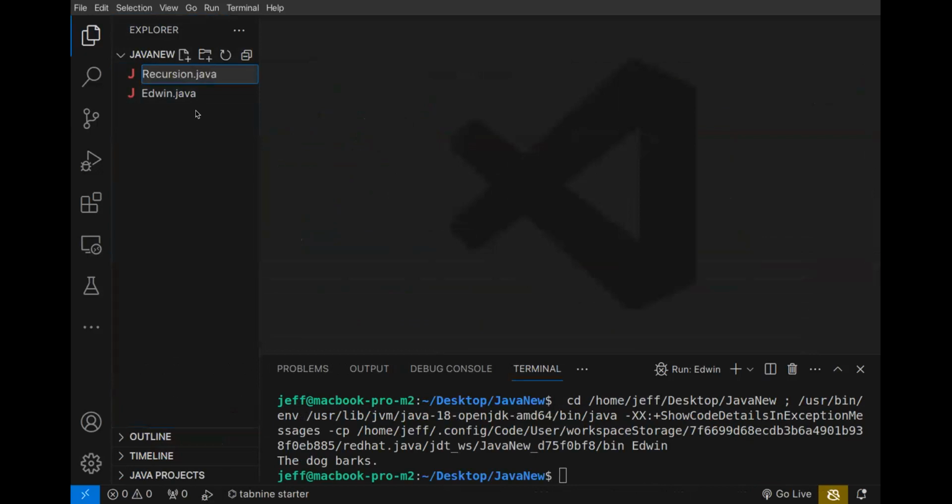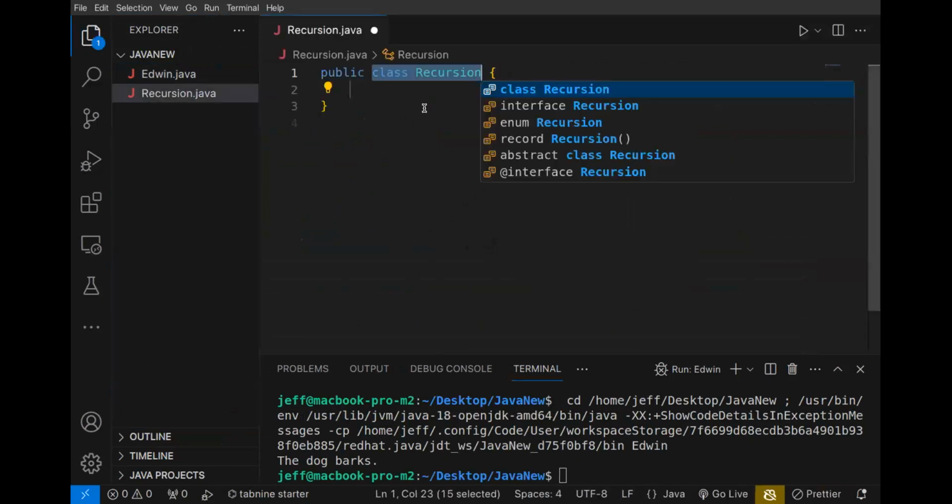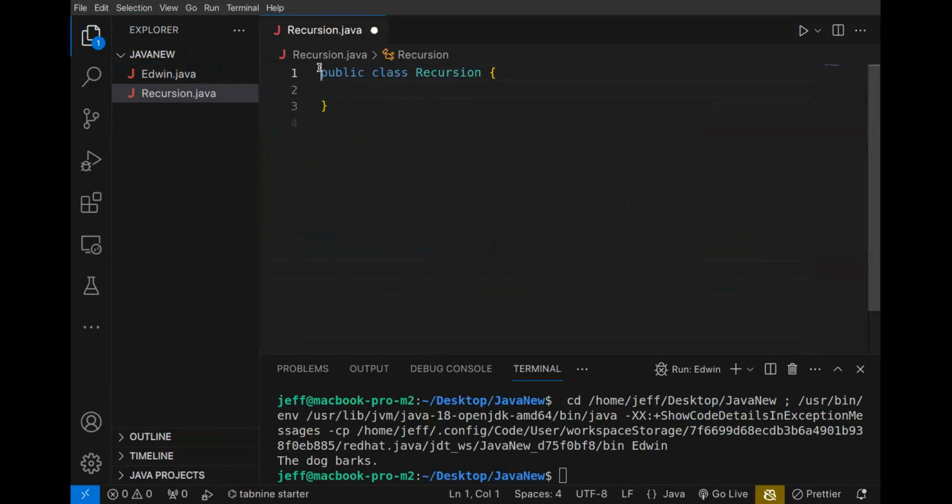Recursion.java. Is that okay? So from here, we'll come to it later. Let's first push it down. Now we can say